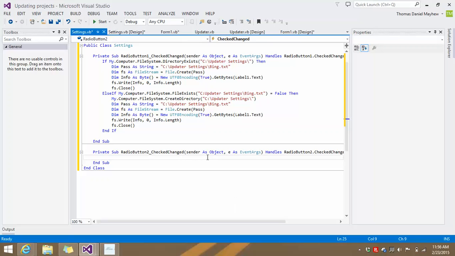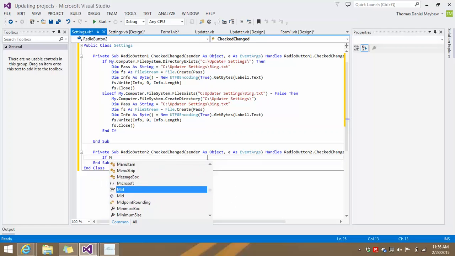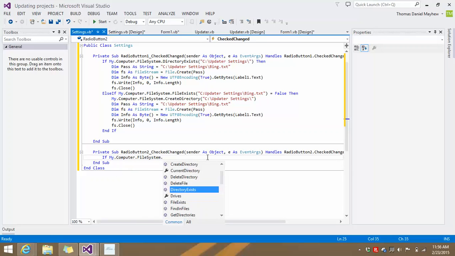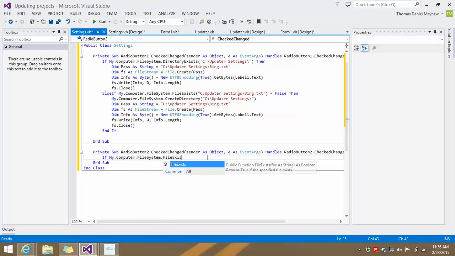So now it's going to be if my computer file system, this time file exists, see updater settings bing.txt, then